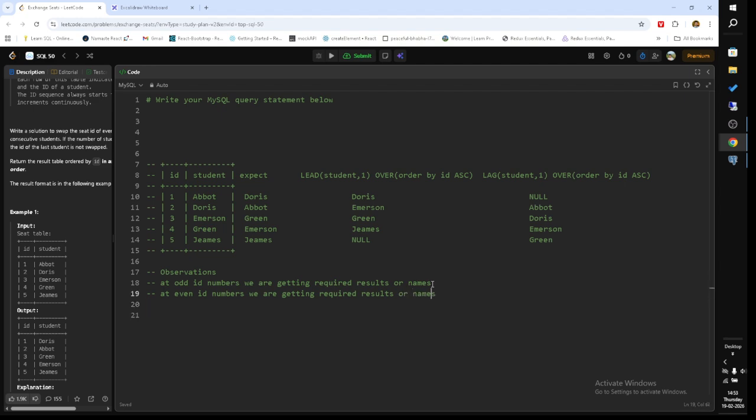Okay, from lead column, from lag column. So now we will be writing the queries. Select, we use id here, we use lead here, or use star. It's very easy, use star here. So I will use star,